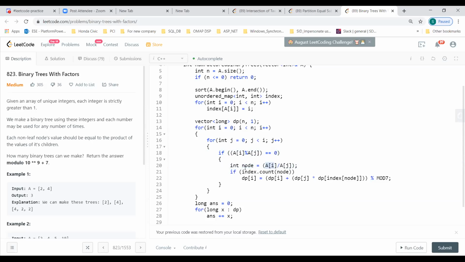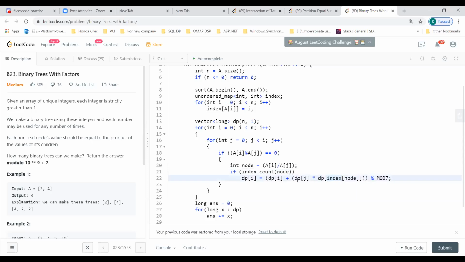So if that node is present in the inner map, the way Harshit was thinking about using a set, then we can use that information, this index node, because this value will be stored earlier in the DP array.